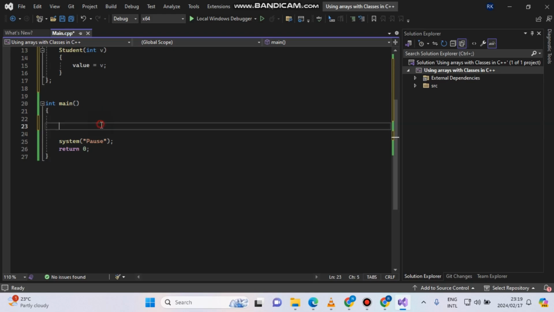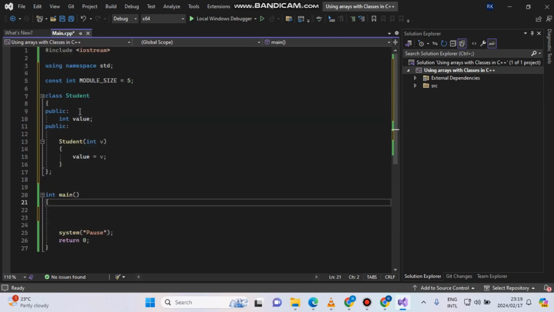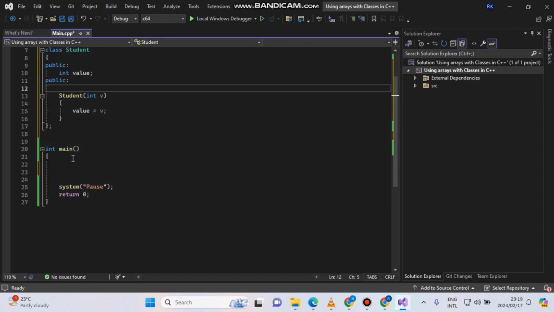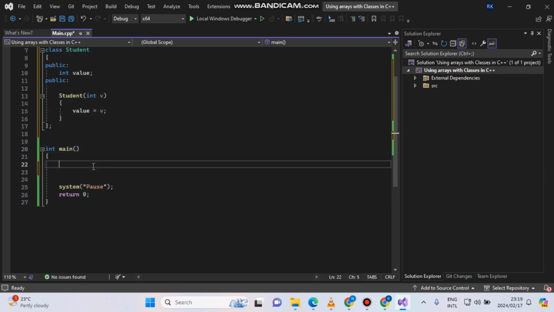Now in the main function here, I'm going to declare an object of the class student. So in the main function, I'm going to say the class type name, which is student. After student, which means student now becomes a user-defined data type, I have to give this student an object. I'm going to call it my